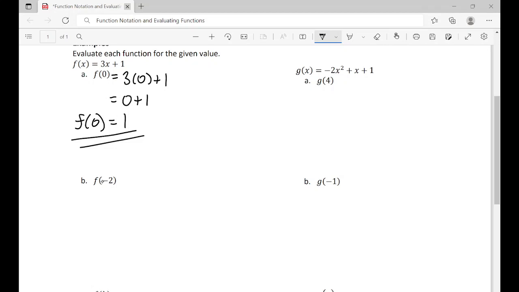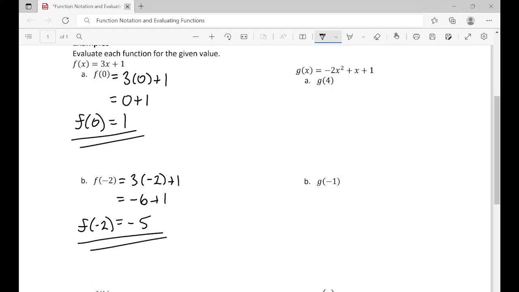I'm going to do it again. We have f of negative 2. So anywhere there's an x inside of our function, we're going to replace it with negative 2. So we're going to get 3 times negative 2 plus 1, which is going to be negative 6 plus 1, which will come out to be negative 5. So f of negative 2 is equal to